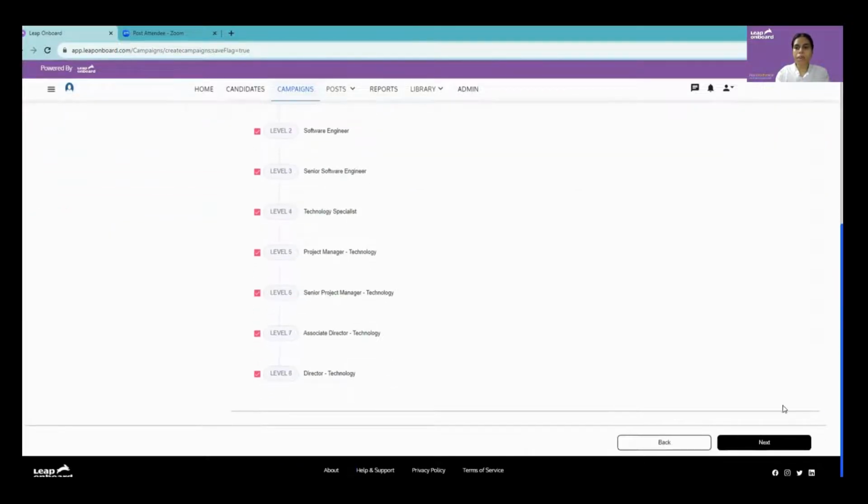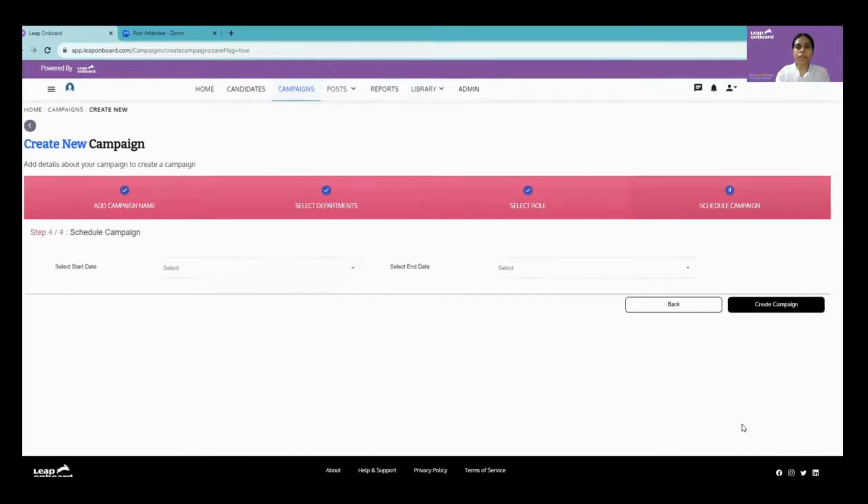under the specific department. And once you click on next here, you will be able to schedule your campaign. You can give any specific date for your campaign by choosing a specific date. Here, once you click on the calendar icon, you will be able to schedule your campaign date. I will be giving here, for example, 27th November. And the end date too, I will be giving 29th November. I want this campaign to run for 3 days.